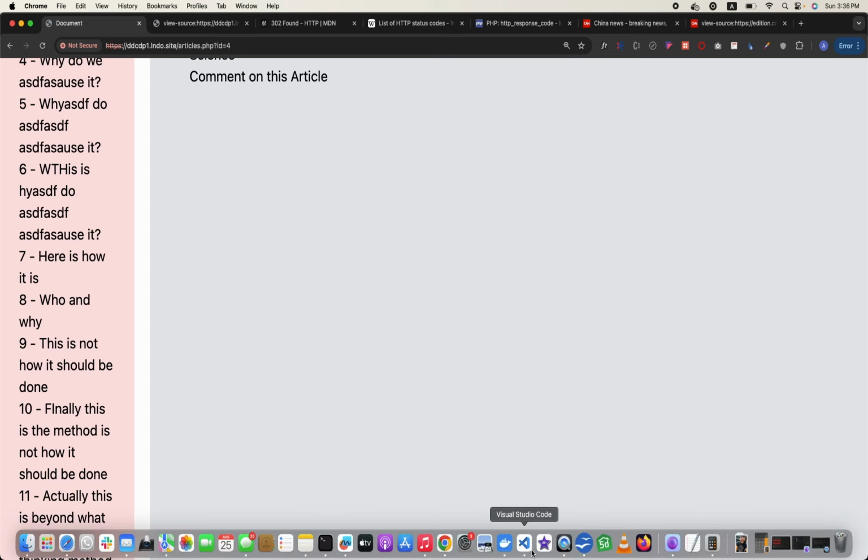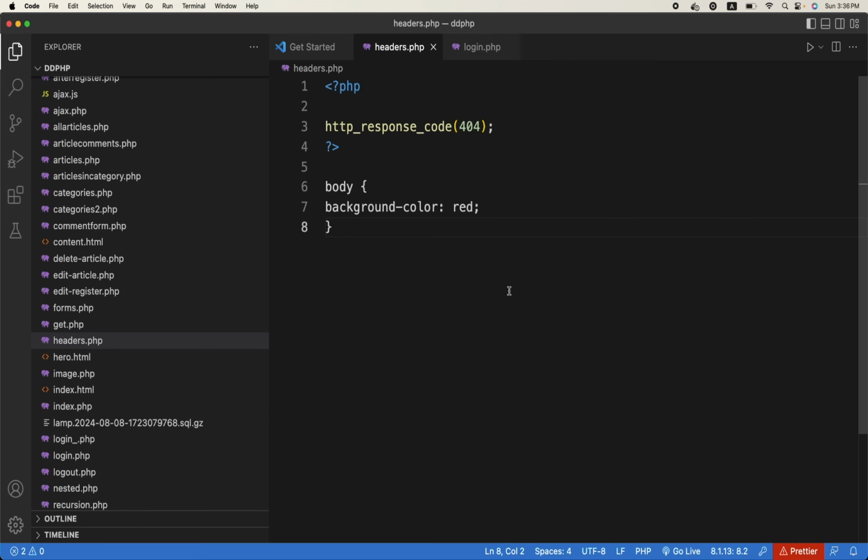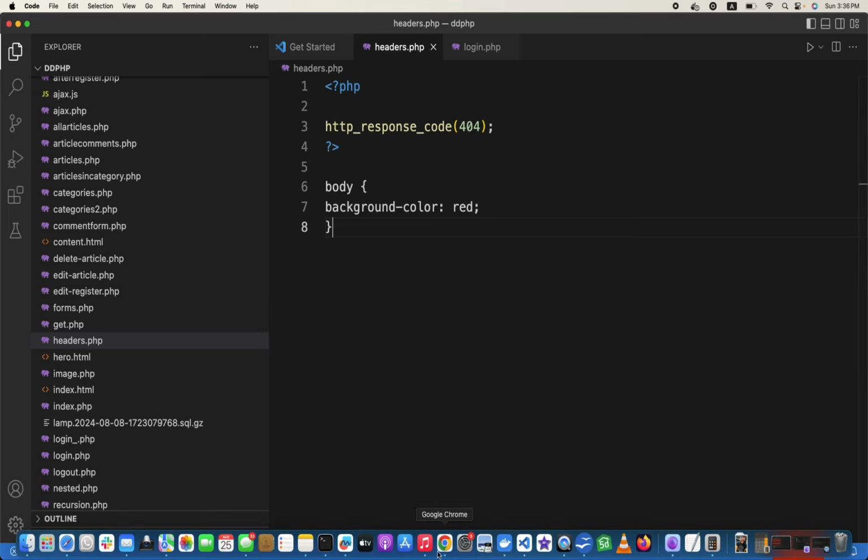Ajax stands for asynchronous JavaScript and XML. So XML is a JSON-like format which is not used a lot these days. So we will be using JSON or plain text for it. But the concept is,